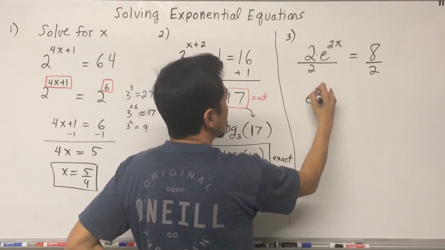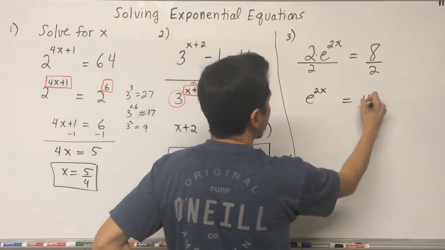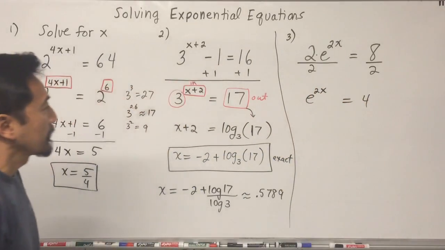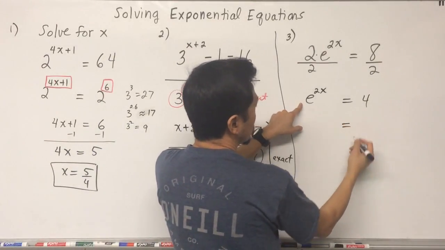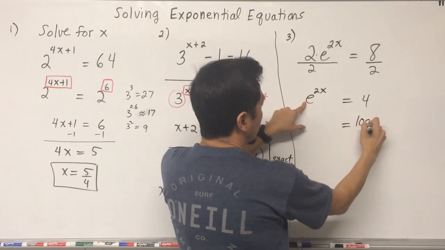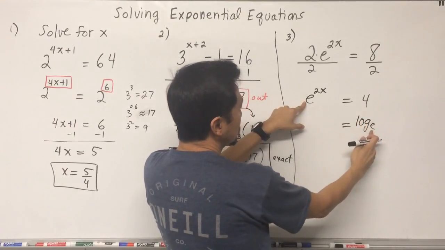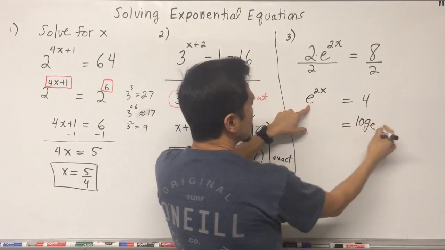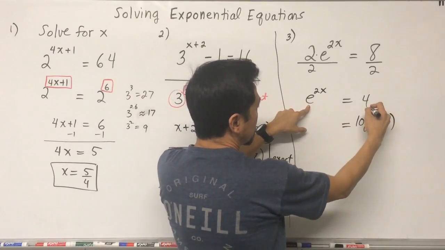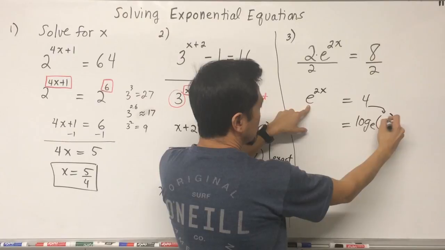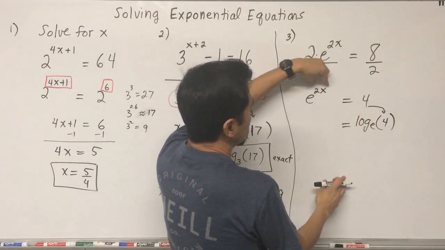And now that gives me e to the 2x equals 4. And I'm going to again change forms. So I've got log base e, right, because the e is the base, and in a moment I'll just put ln. Okay, and then now that 4 is going to act as the input for the log,